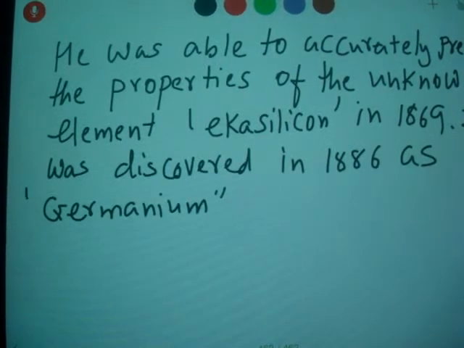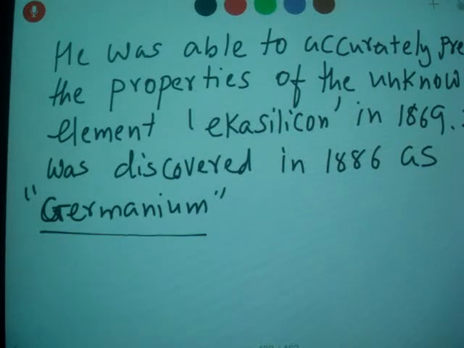So that's how he predicted, and his prediction was accurate. And he found the unknown element. He named it Eka silicon, and then he